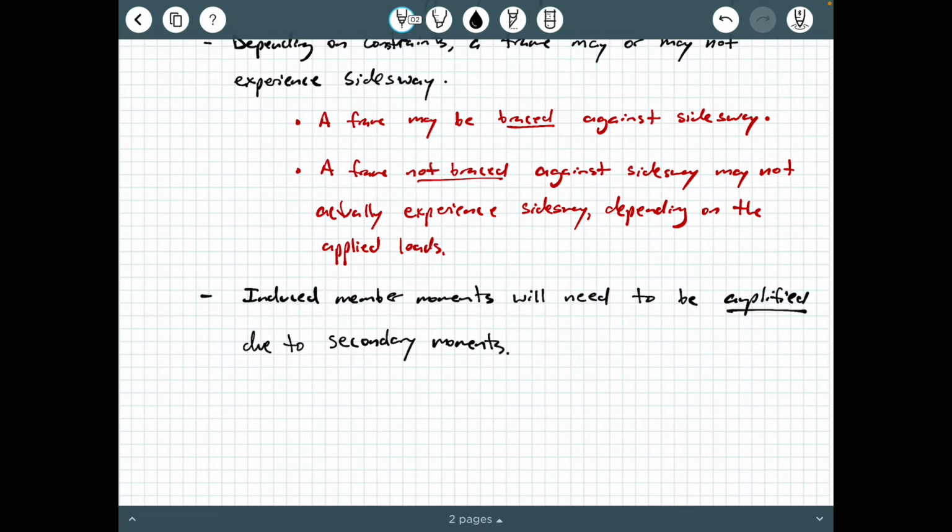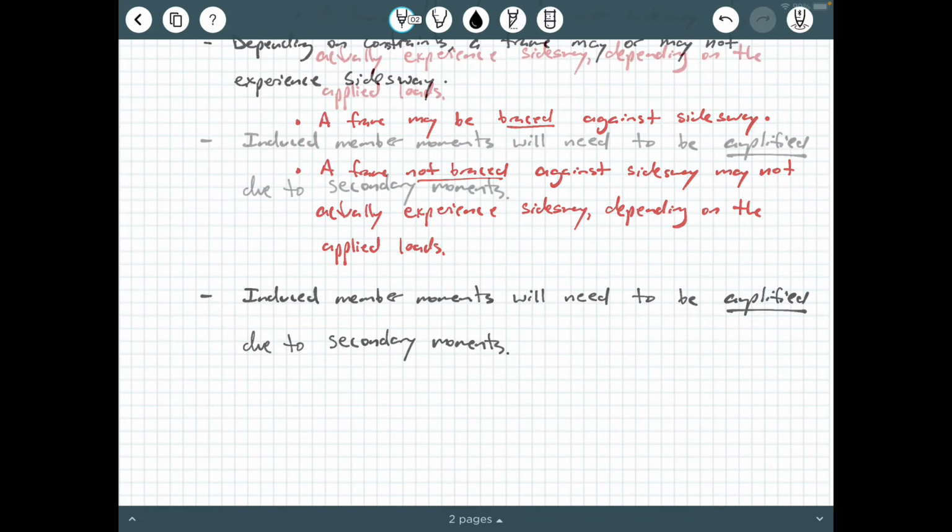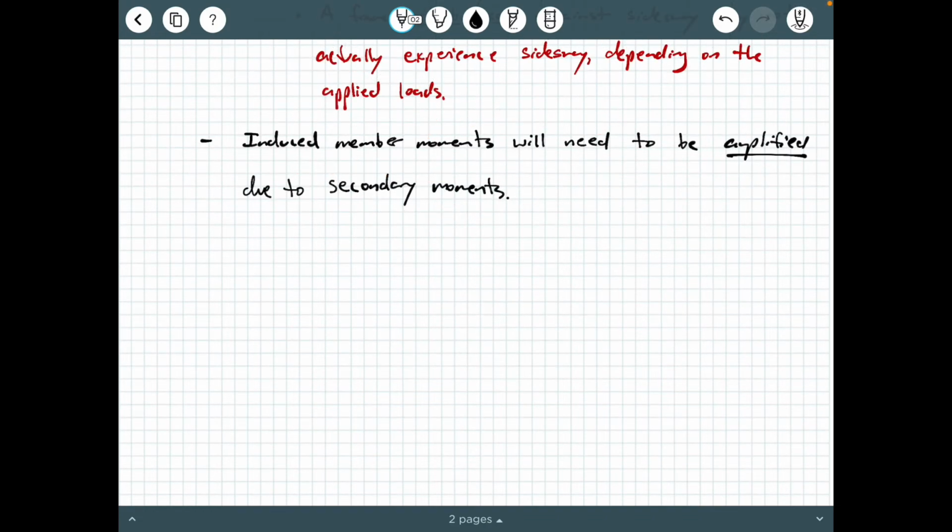So what does that mean? What does it mean whenever we have what's called secondary moments? So when an axial load is supported by a member,